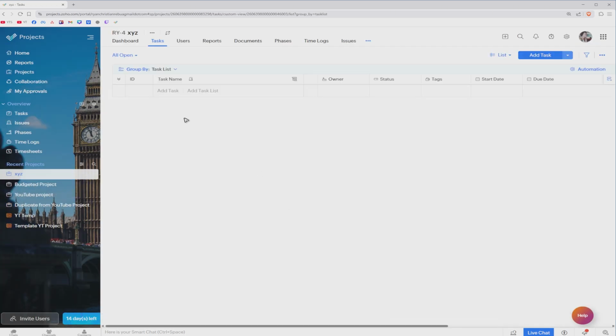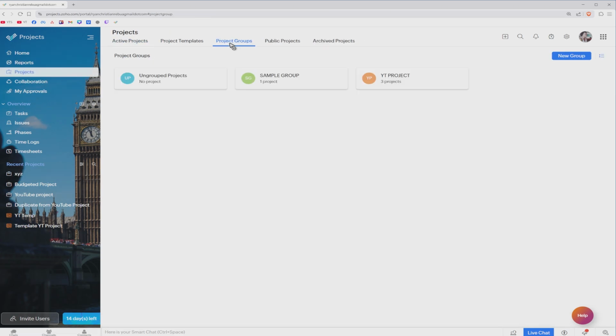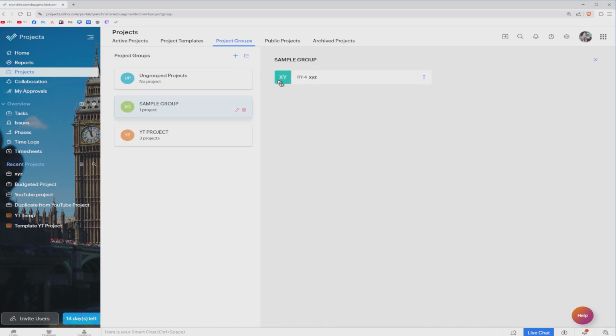Now, when we go ahead over to the project section under project groups, right here, as you can see, we now have one project in this sample project group. There you go. Also, you can go ahead and move the project to a specific group, or project group, just by dragging and dropping,